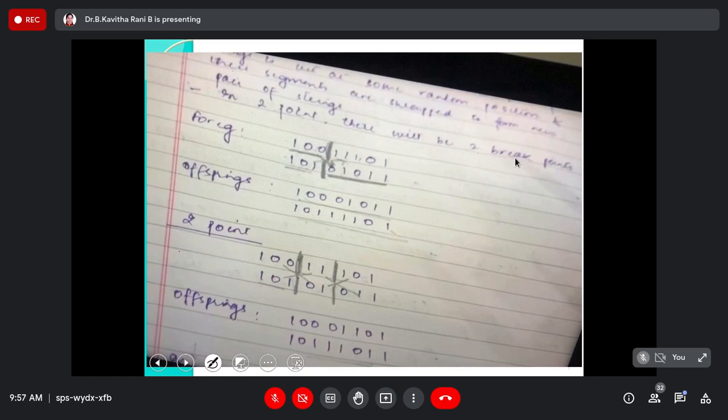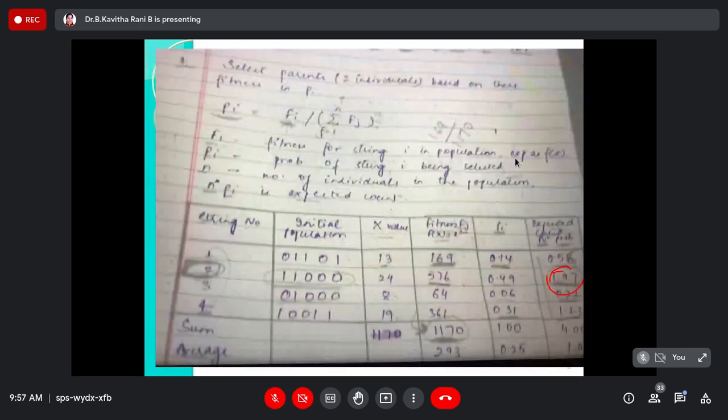So this is one string, this is one more string. In the first string, 100 111 01. Next, 101 010 11. So these two strings you have. This is the data you have, and from it you want new data. So what you are going to do now is apply crossover here. Take the first three values of the